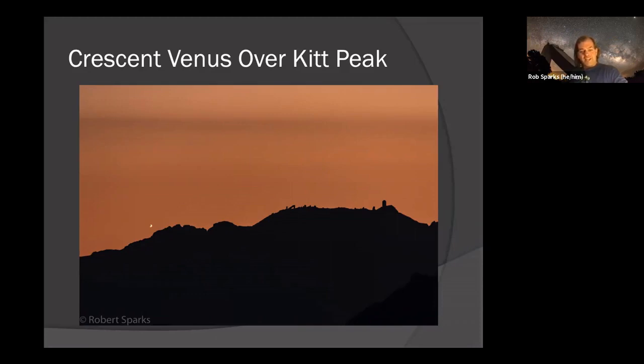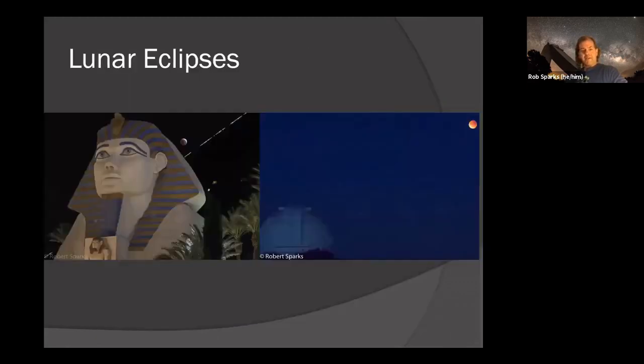But that's the closest I could get, and I'm still happy to get that fun little image of a crescent Venus over Kitt Peak. Again, with my 600mm lens, you can actually see the crescent shape of Venus there. So I wanted to be able to get that one and see that. I would have loved to have gotten it over Kitt Peak so I could have cropped and gotten a more pronounced crescent Venus, but the roads just didn't go where I needed to be, unfortunately.